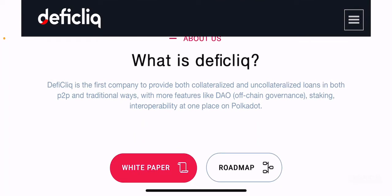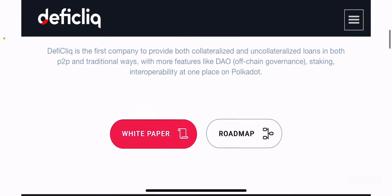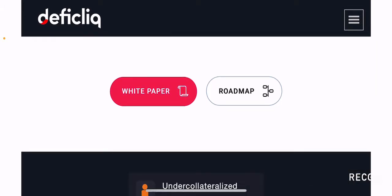They also plan to make it interoperable with other substrate-based Polkadot projects, and this is all done in the Polkadot blockchain, right? So again, I highly recommend you guys read through their white paper. It's a very interesting document, and the roadmap is also something you should look into,